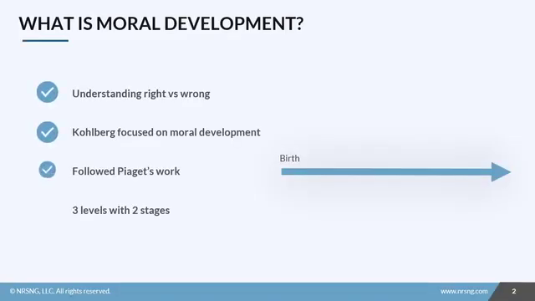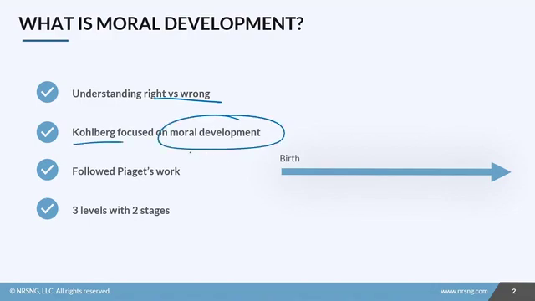In this lesson, we're going to talk about moral development and how it was based on Lawrence Kohlberg's theories. In order to better understand our patients, we have to have a really good understanding of what moral development is. By moral development, I mean right versus wrong and how our patient views that. Lawrence Kohlberg was a psychologist, and he focused the majority of his development on moral theories. He followed Jean Piaget's work. There's a lesson on Piaget, so go check him out.